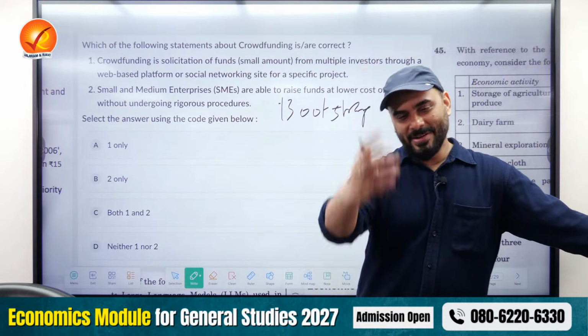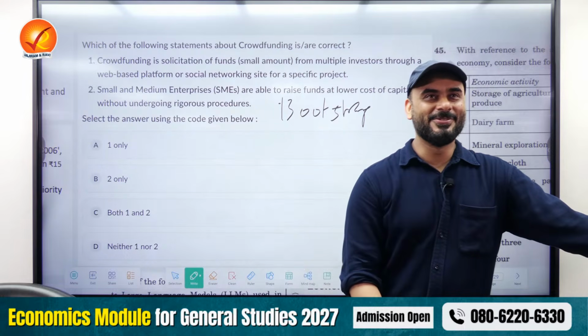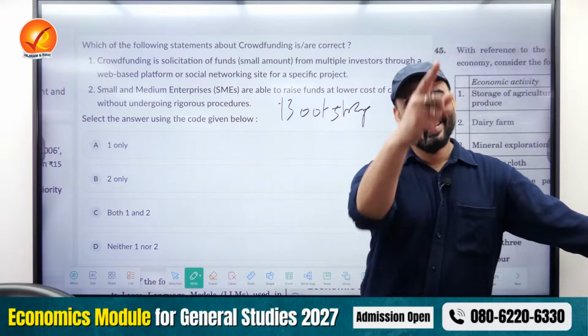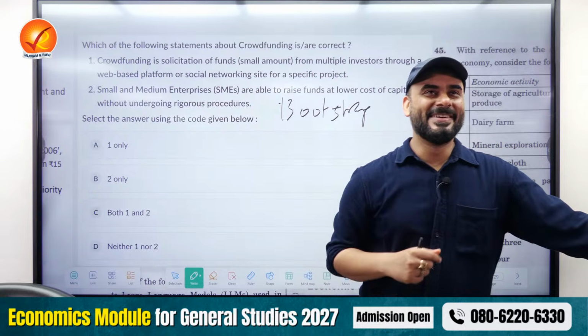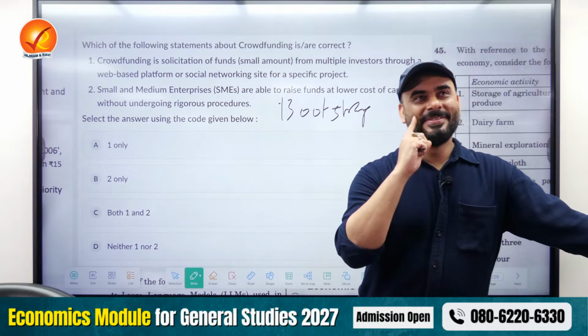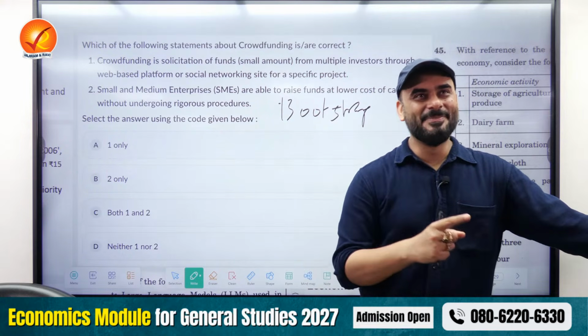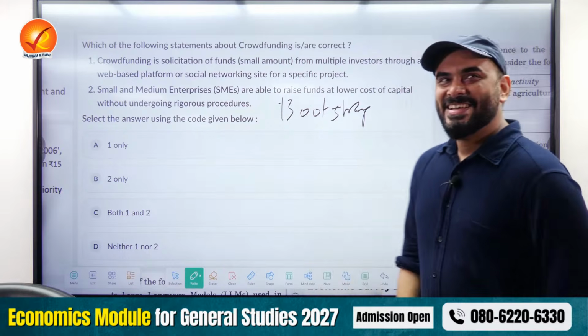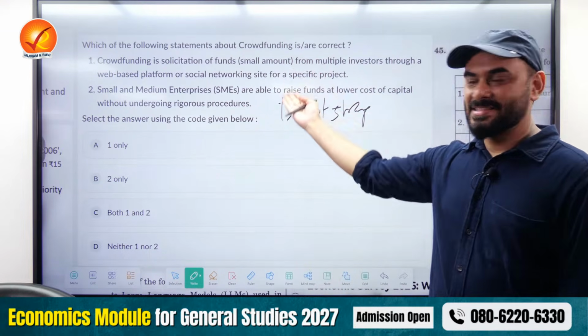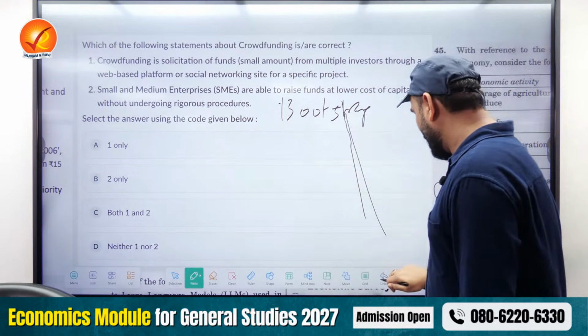Any of you who have ever studied economics with me would know that we used to, yes, you remember. Very nice, Jatin, I can see you are writing those down. You remember the GPS shoes example which I gave in the class, very nice. So yes, you can easily answer these kinds of questions. It's very simple.